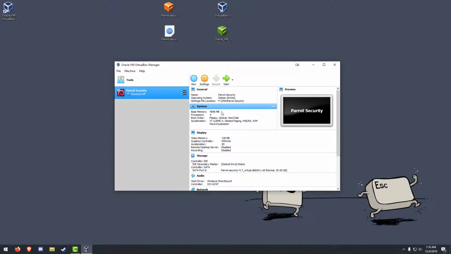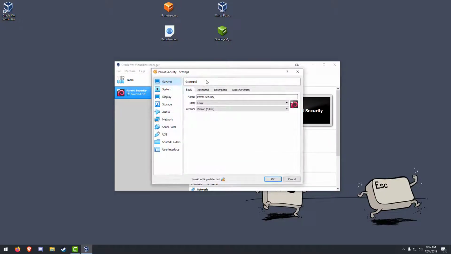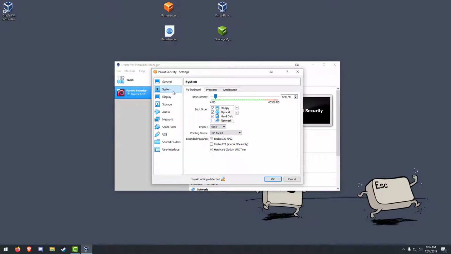So as you can see, we have 4 gigabytes of RAM. I have a little bit more than that, so I'm going to go ahead and change that. To do that, we're going to click the yellow cog with settings icon at the top here. And then we're going to go to System. And here we can change our base memory. So this is your RAM. As you can see, I have 64 gigs of RAM. So I'm going to change this to be 32.7